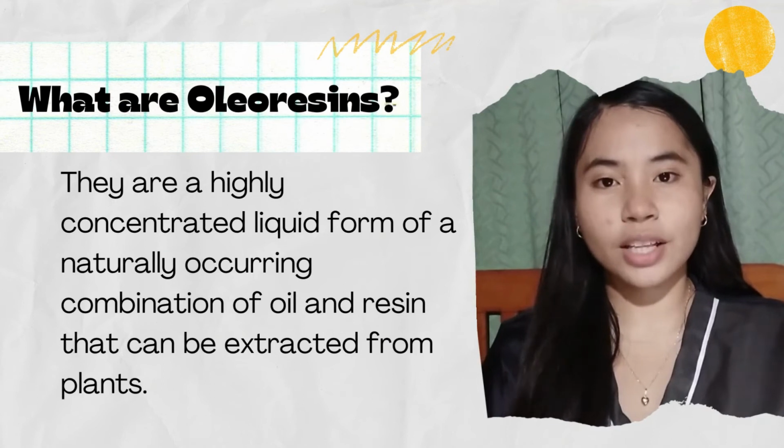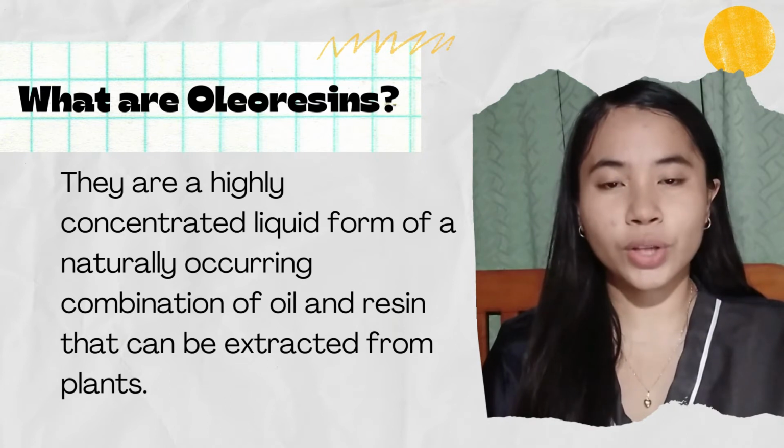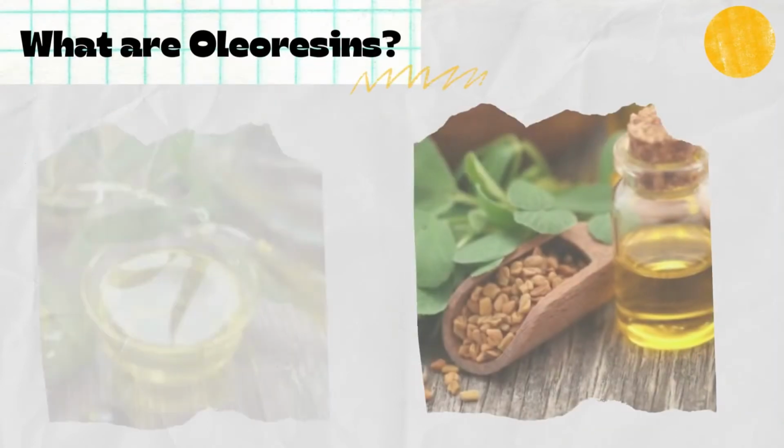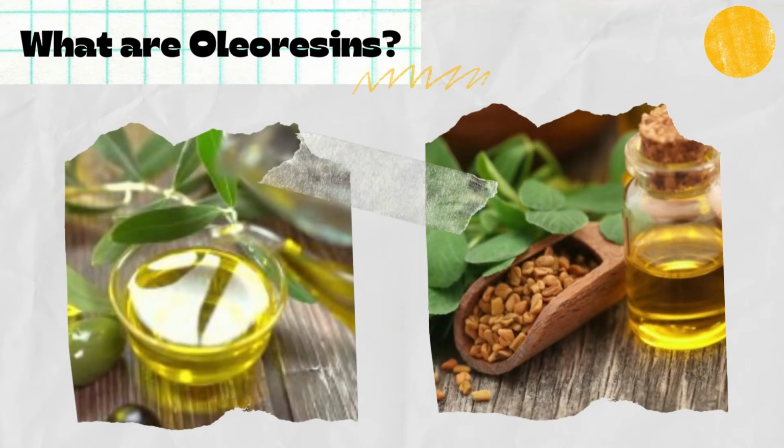Oleoresins are a naturally occurring homogeneous mixture of oil and resins that are extracted from plants. They are a highly concentrated substance that possesses an essence due to the oils. Oleoresins are spices and herbs which essentially include active compounds and oils in their purest form. These oleoresins in liquid forms are very useful for different industries such as food ingredients and pharmaceuticals.